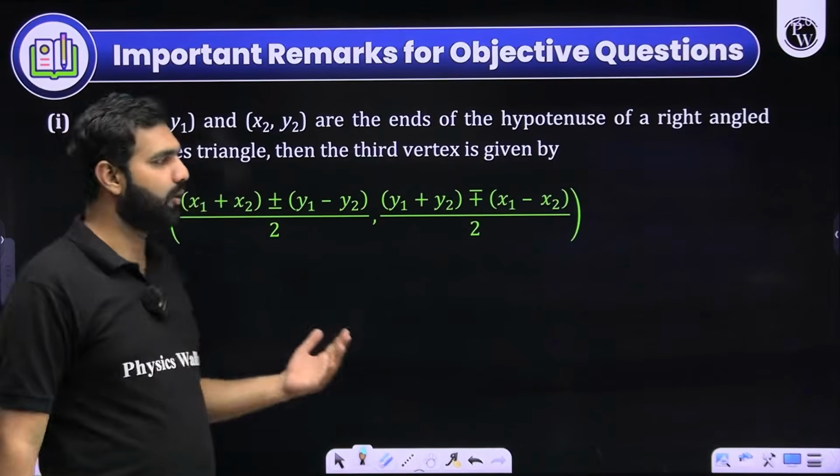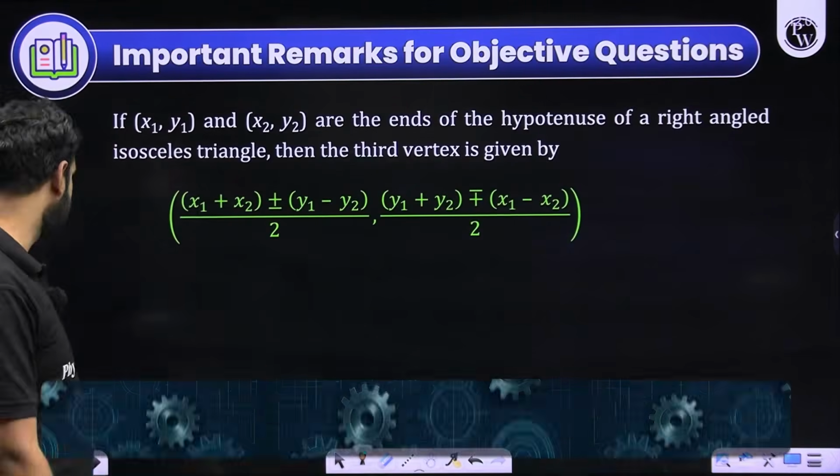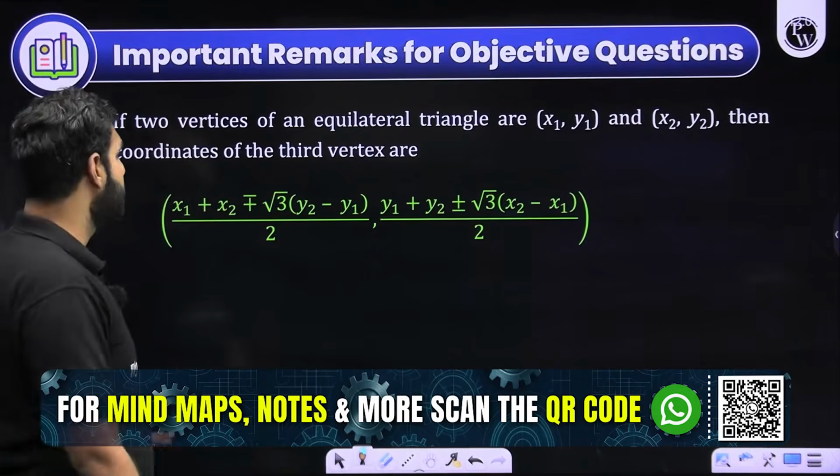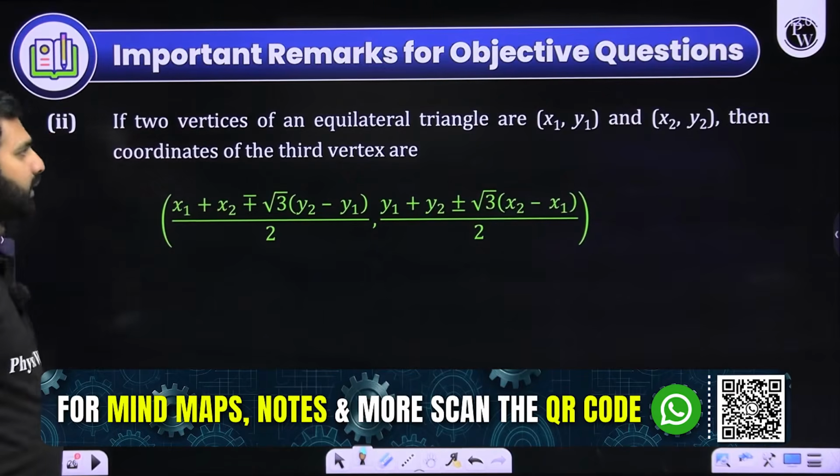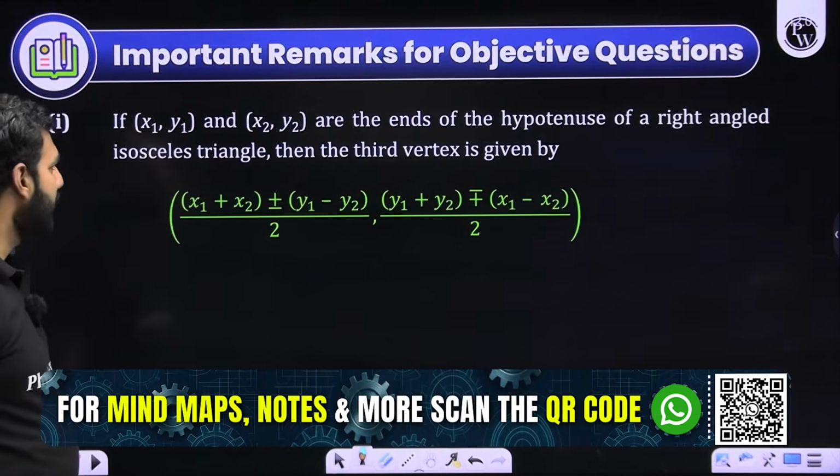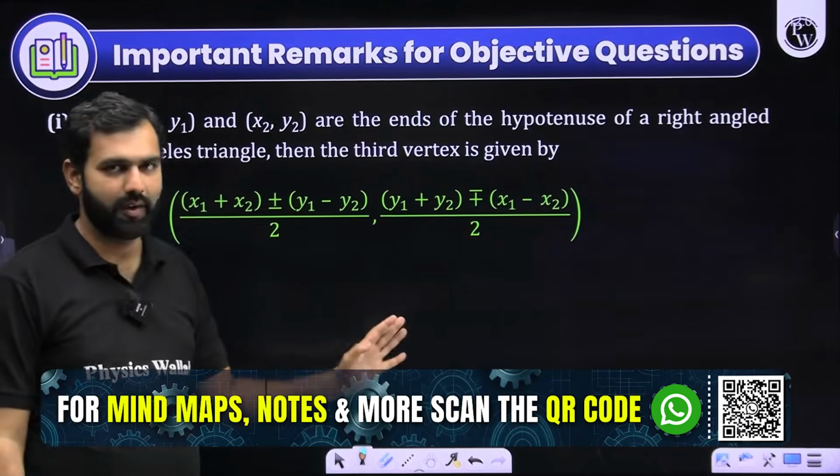Yes, this is also a formula. I don't ask you to remember it. Forget it. Simply skip it. This is also something I'll ask you to skip. What does it say? I'll try and tell you that instead of remembering this formula, which is very confusing,